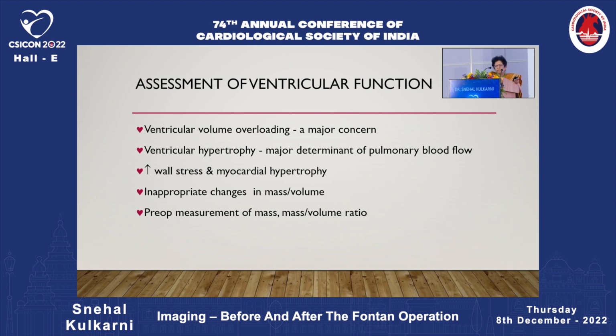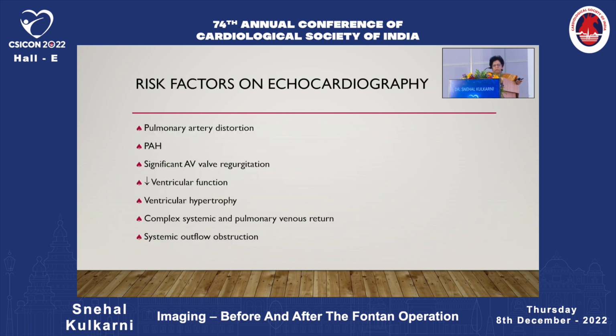Assessment of ventricular function prior to Fontan is a very important aspect of doing echo. Ventricular volume overloading always is a major concern. Ventricular hypertrophy is a major determinant of pulmonary blood flow, because you may have an increased LV end-diastolic pressure, which may reflect into increased pulmonary venous pressure and pulmonary arterial pressure. It may cause increased wall stress and hypertrophy. There are inappropriate changes in mass and volumes,